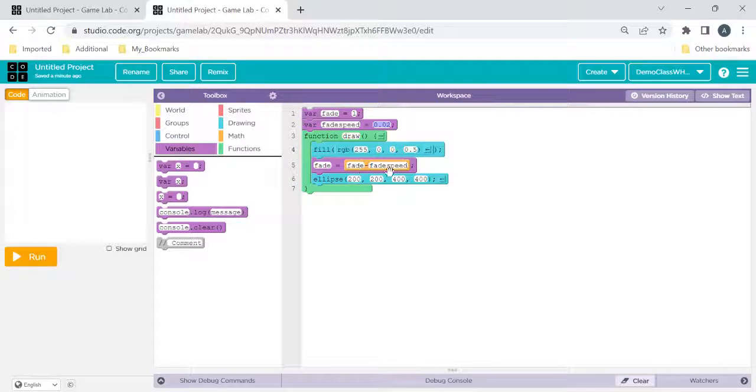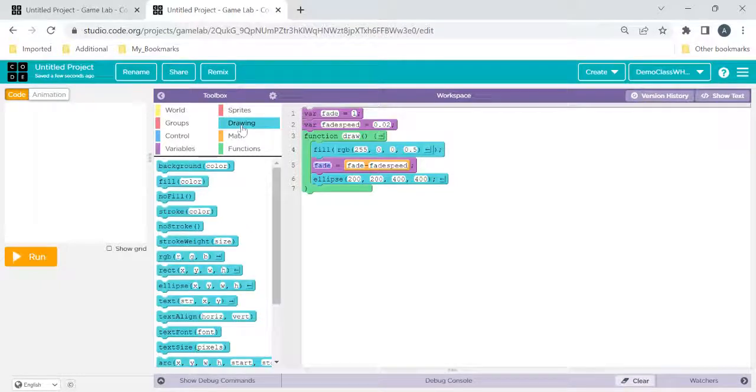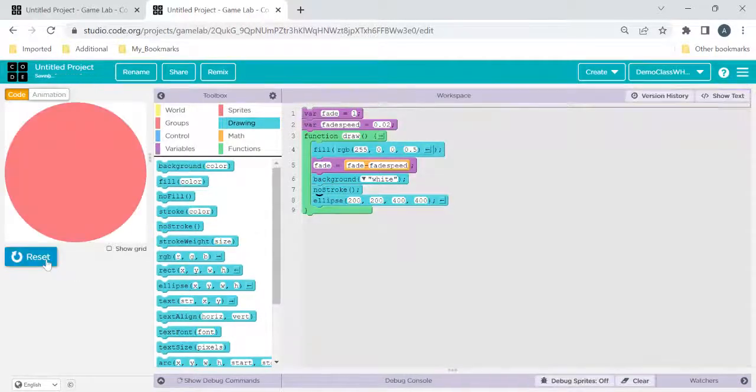And once we are done with this, what do we need to do? We want to put the background white. Suppose there are some other colors in the background, we don't want them. So we will just put the background color as white. And if you want the boundaries, you can keep the boundaries. But if you don't want the boundaries for that circle, you can just click on no stroke. No boundary should be visible. Now when I run this, you will be able to see,